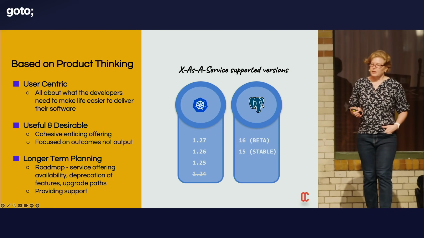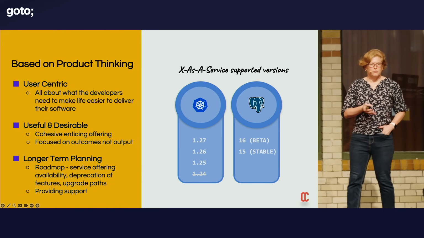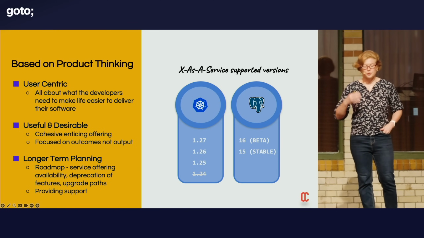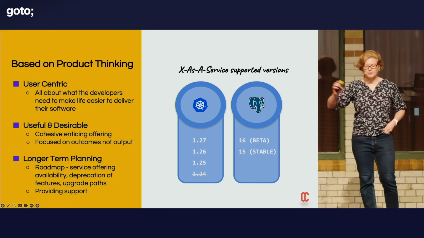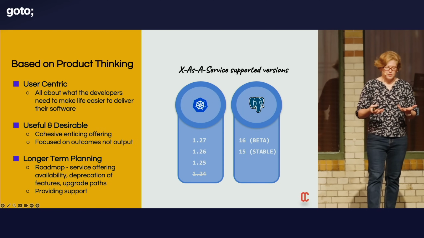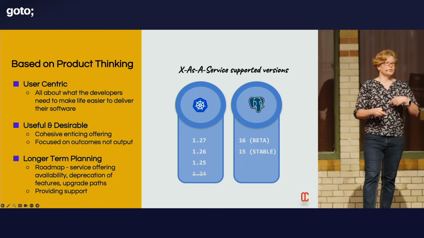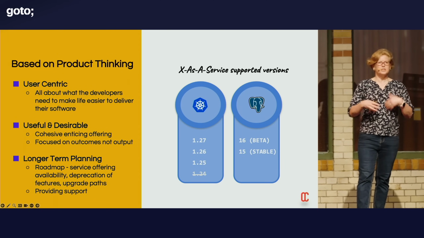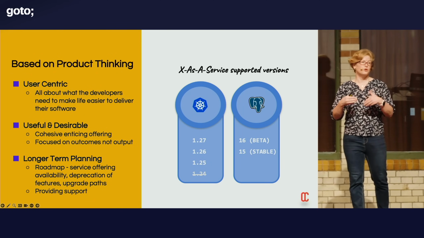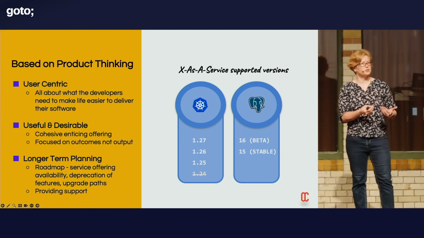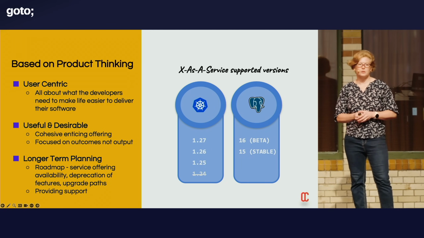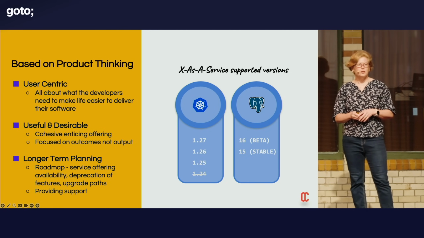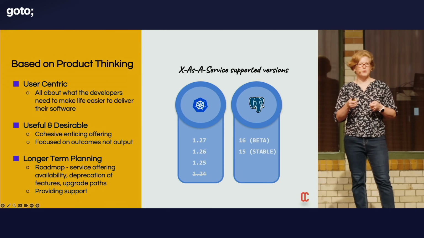And finally, whether it's an Apple iPhone or something like that, you've got to think about the longer term planning. So you understand if you're using your phone, when you get upgrades, how do those work? And it's the same thing for a platform. If you are, for example, providing Kubernetes as a service to your community, you need to understand what happens when we upgrade.